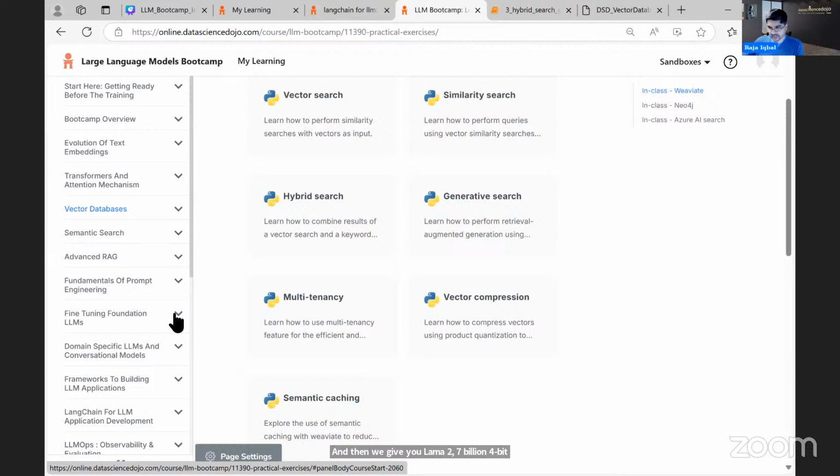You download it from Hugging Face, you get a data set, you fine-tune it, and compare the fine-tuned model with the model that has not been fine-tuned. You play around with different parameters, more epochs, less epochs, changing different parameters in fine-tuning.